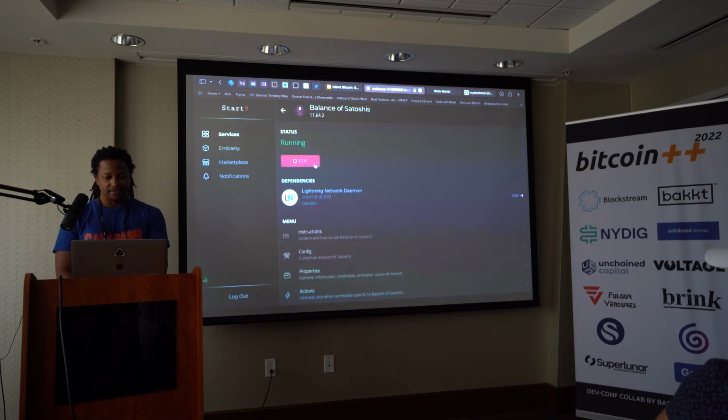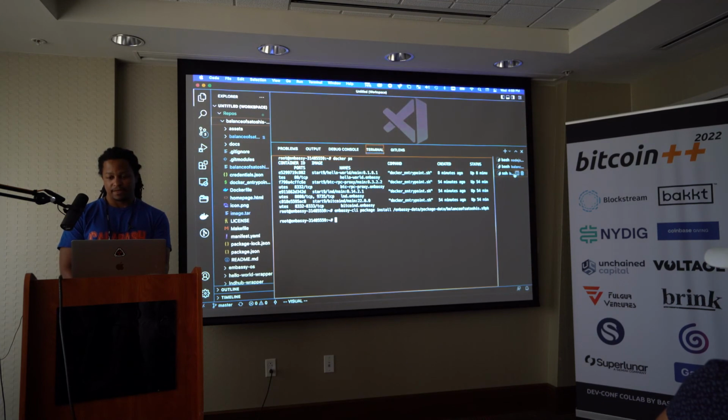Where was I? Oh, we're running it, right? So what I'm going to do now is go over to this, and I'm going to do docker exec -it Balance of Satoshi. See, it finished auto-completing for me, and I could do bin bash. But if I didn't want to do it that way, I could just exec and do the one command that I want, like Balance of